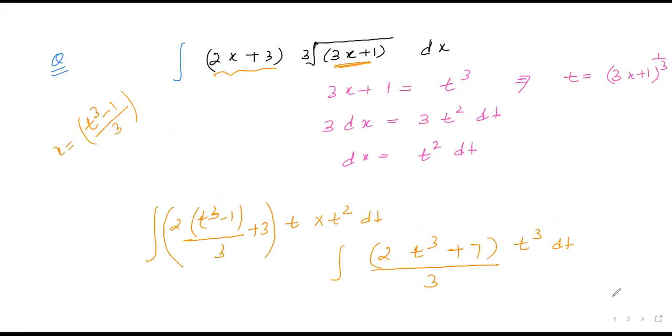Now we will move towards another problem. One more thing. It is not mandatory that you have to solve this problem only by method of substitution. Also, you can solve this problem by basic method of transformation. This is your homework. Inside the radical sign, our function is 3x plus 1, so you have to make the function outside the radical sign in terms of 3x plus 1. Then you can very easily integrate that one, right? So basically you have to try.